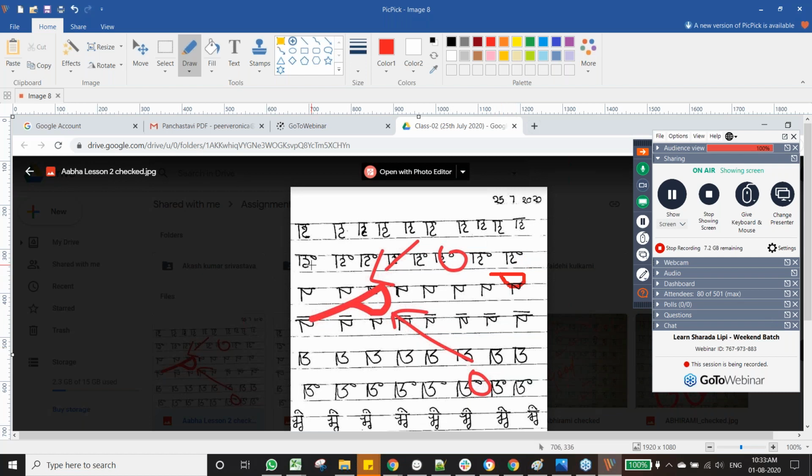What you have done here is, this is Abhaji's assignment, you have tried to make it like this, something like a drop kind of a thing. This shape is wrong. So please keep in mind, this is the right shape. This one is the right shape.